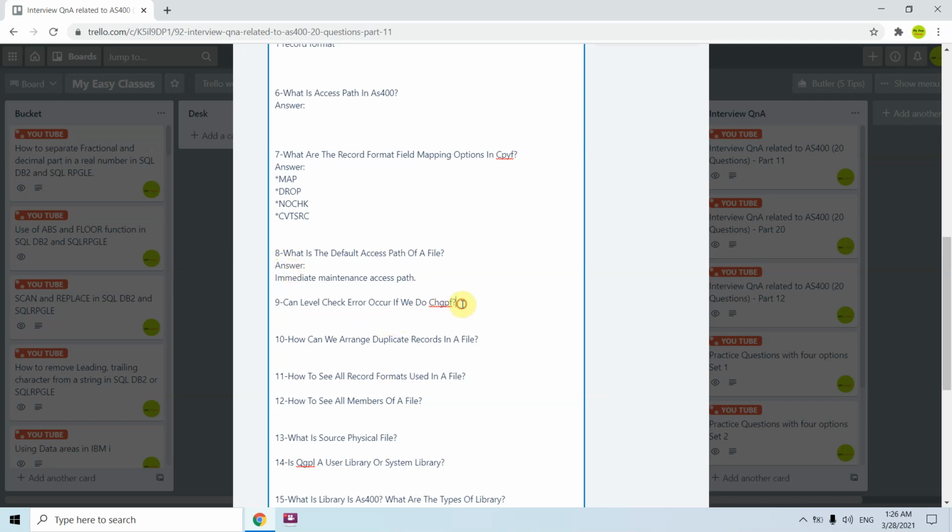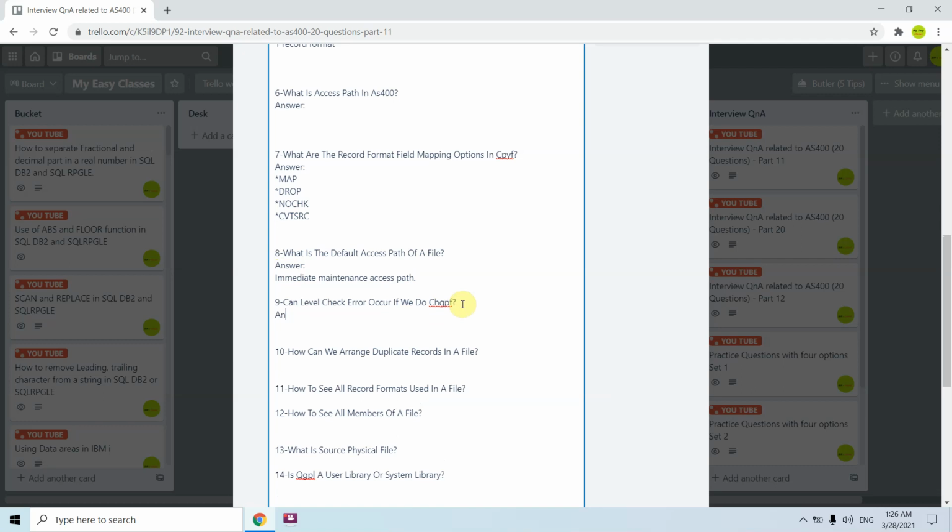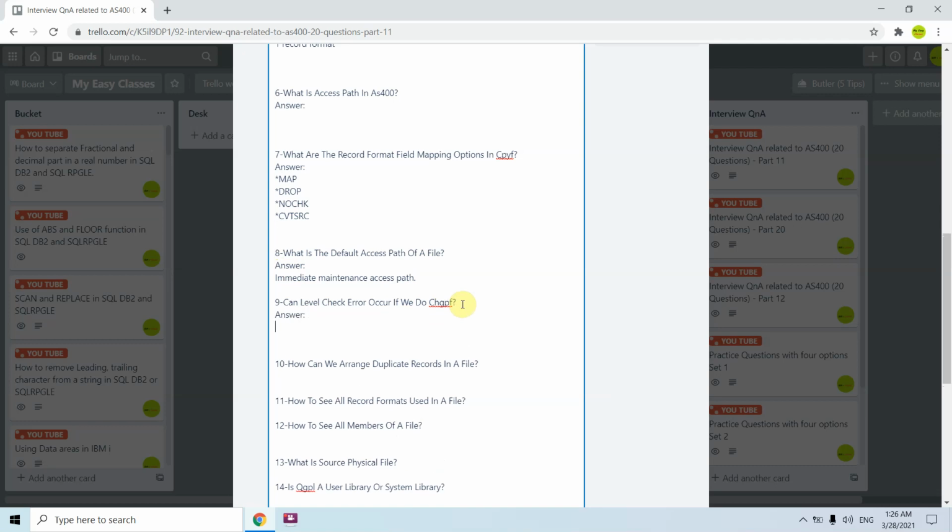Can a level check error occur if we do CHGPF? Answer would be no. It depends upon the level check parameter.